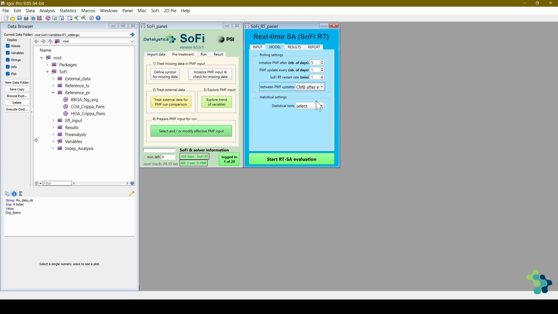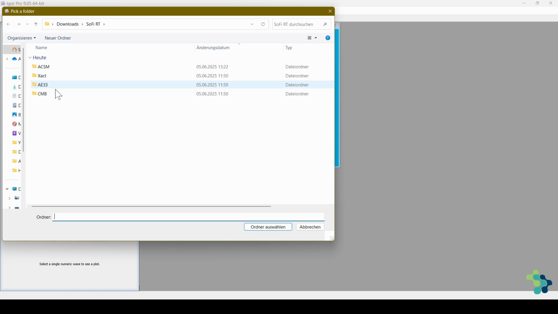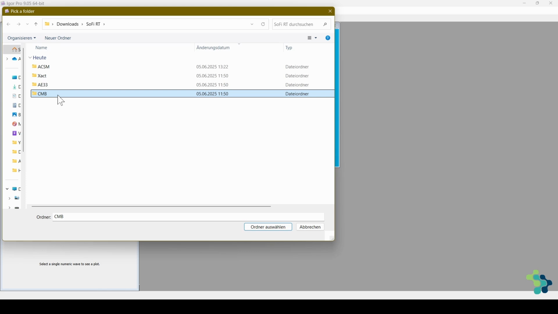Now, since we have just activated the CMB approach, we have to also go to the Results tab and tell SoFi where to store these CMB scans and how to label these CMB scans. So we have to click on Storing CMB scans. In my case, under the main SoFi RT files folder, I have dedicated a CMB folder that is supposed to contain then all the CMB scans. So we can just click here